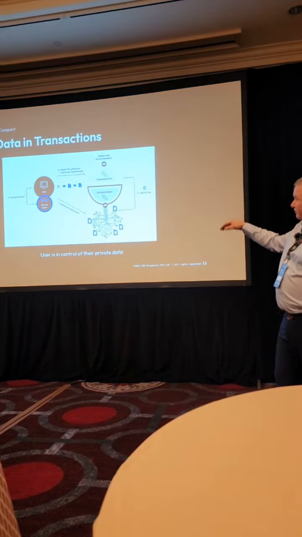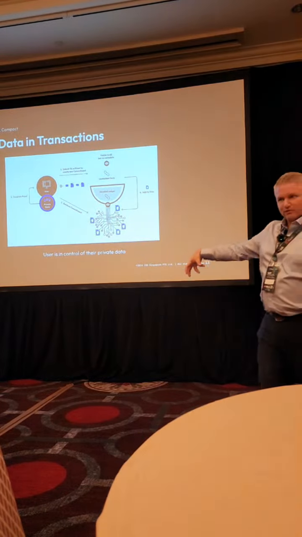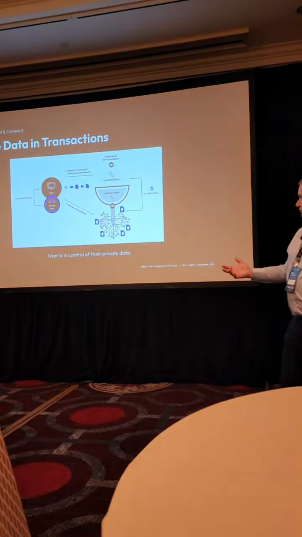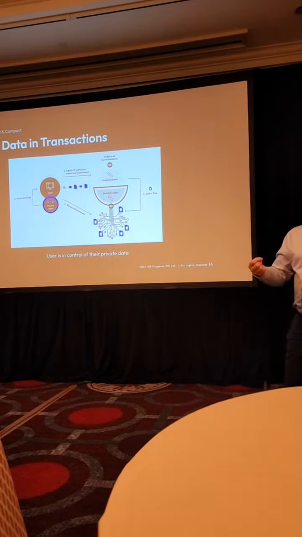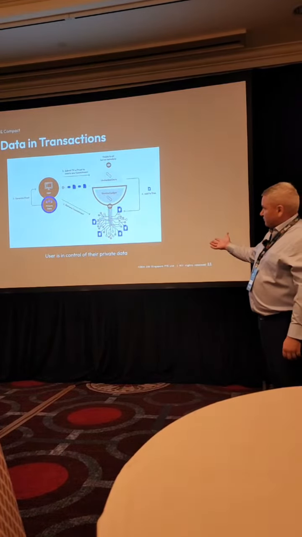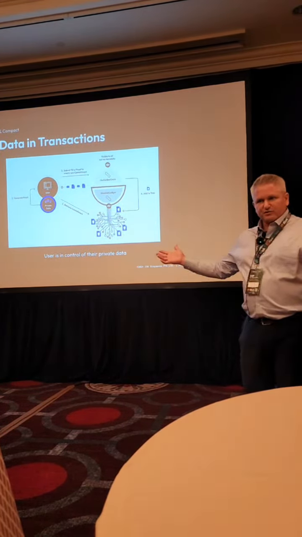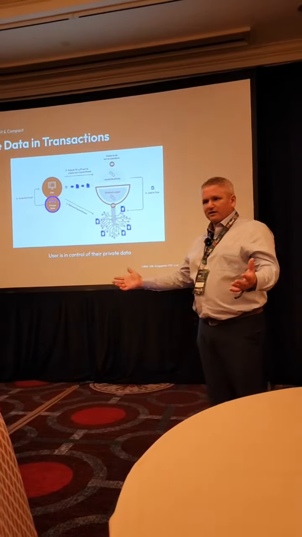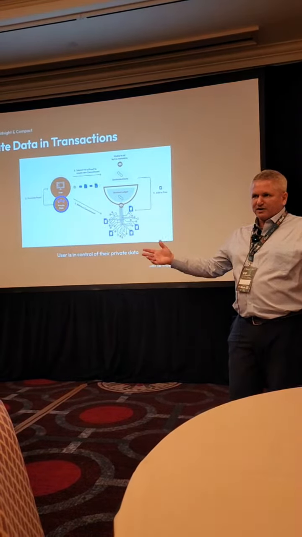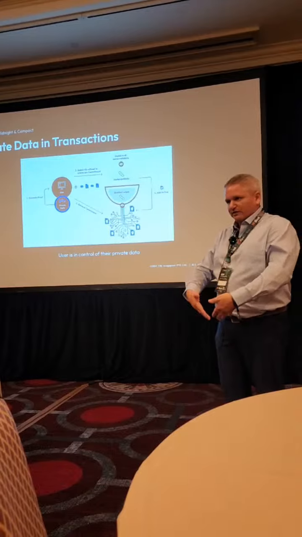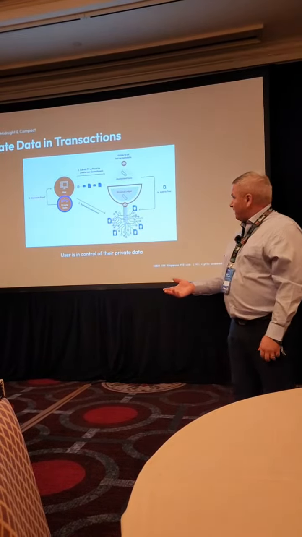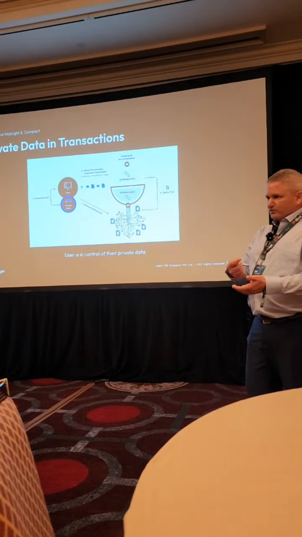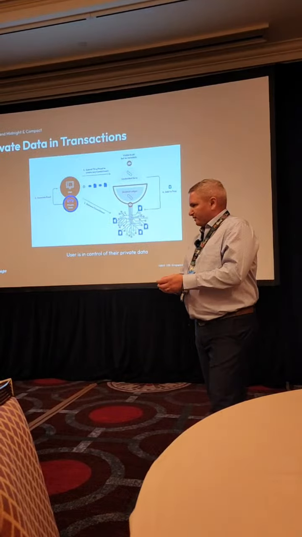We have the unshielded, the shielded, and then the thing dangling down from the bottom, that's the Merkle tree of commitments. So how the user can actually stay in control of their private data is, the user has to retrieve the commitment that they're interested in from that tree, which is just a read of information on the chain. That information is distributed all over the globe, so you can't triangulate anybody that's reading it, because I could read it locally off of my own node. That commitment information is taken by the user to generate a proof using a private piece of data called a nullifier that they have and they own.